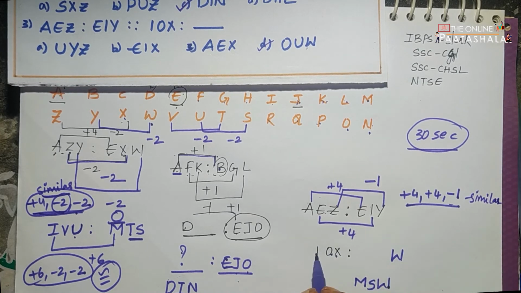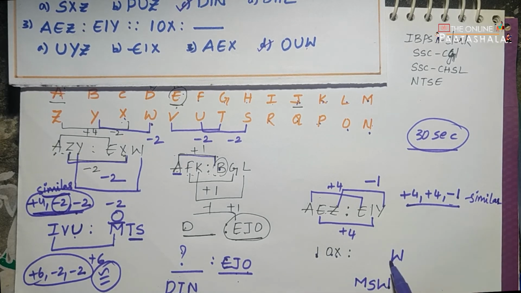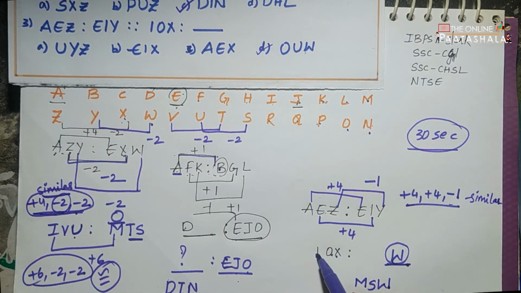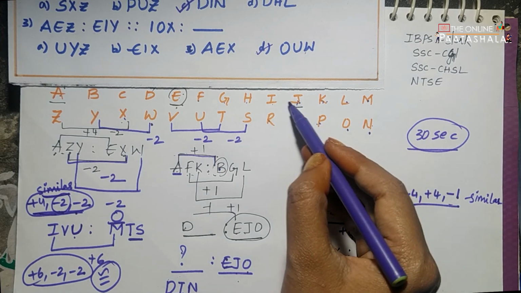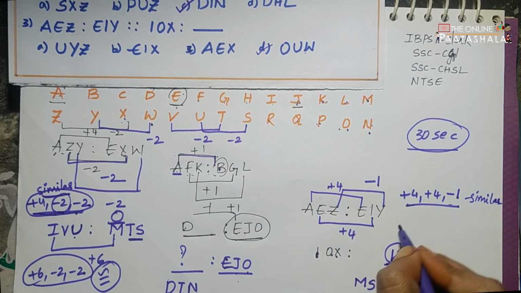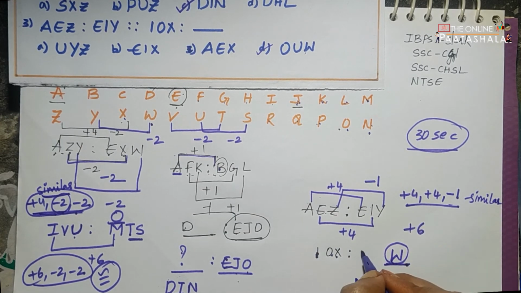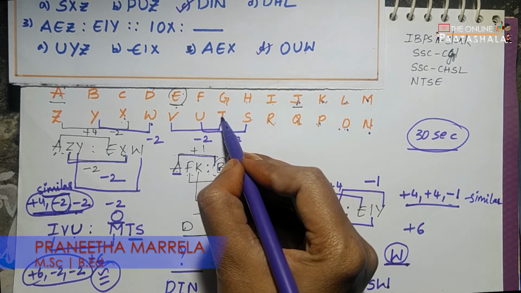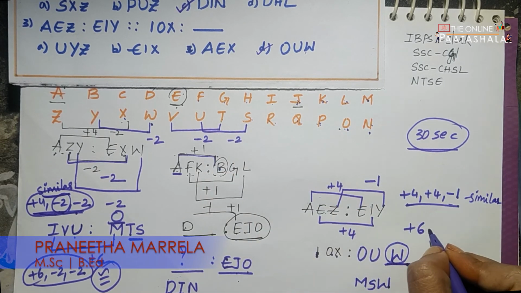Here I is there. One of the hints you have got is that the last letter will be W. So check it. O, O, U. For how much if you add to I, you will be getting O? That is 1, 2, 3, 4, 5, 6. That is plus 6 you have added. You are getting O. And to the O, how much are you adding? 1, 2, 3, 4, 5, 6. Again you are adding plus 6.